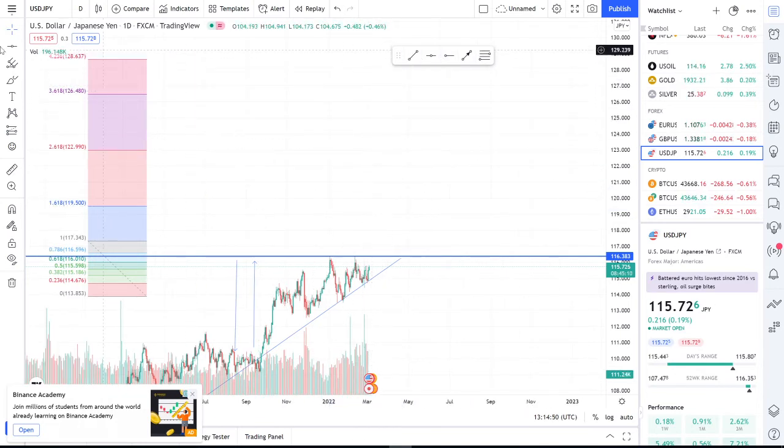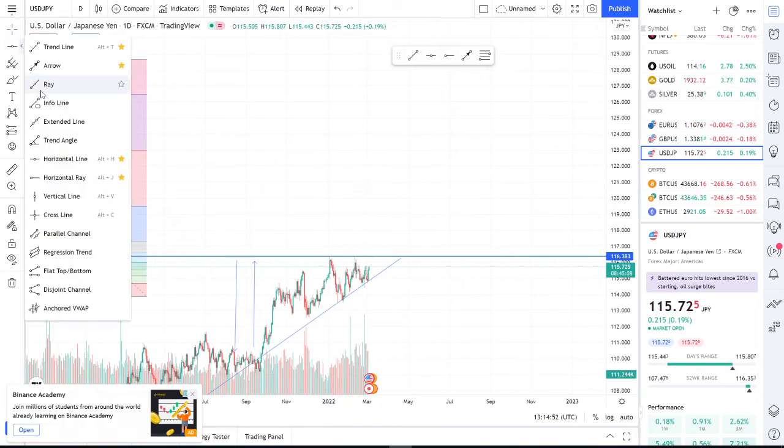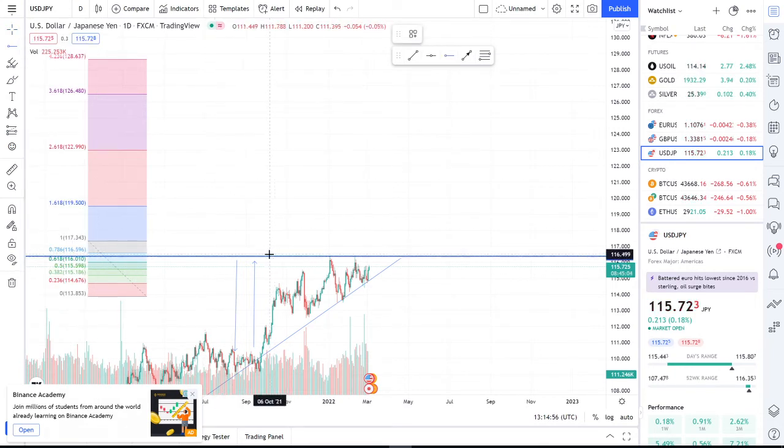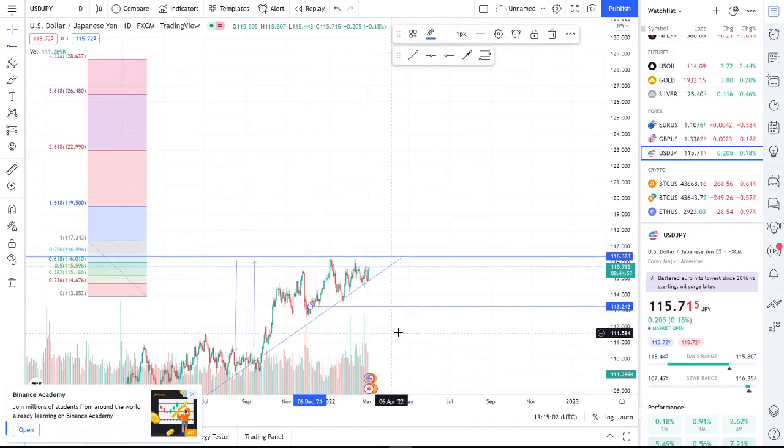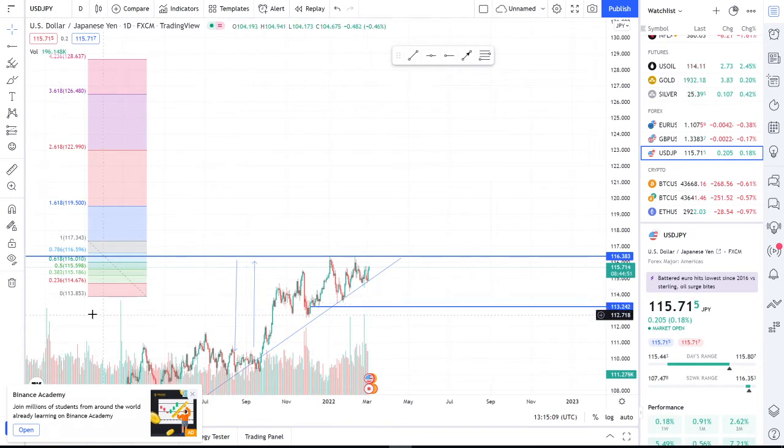But what horizontal ray does, horizontal ray is only going to start from the exact point where you placed it. Now look at this. I'm placing my ray starting from here. I want to mark out this point that this is the last support zone. You know, it's going to start from that point. Go. You see that it did not extend to the left hand side. Okay. We use rays to mark out